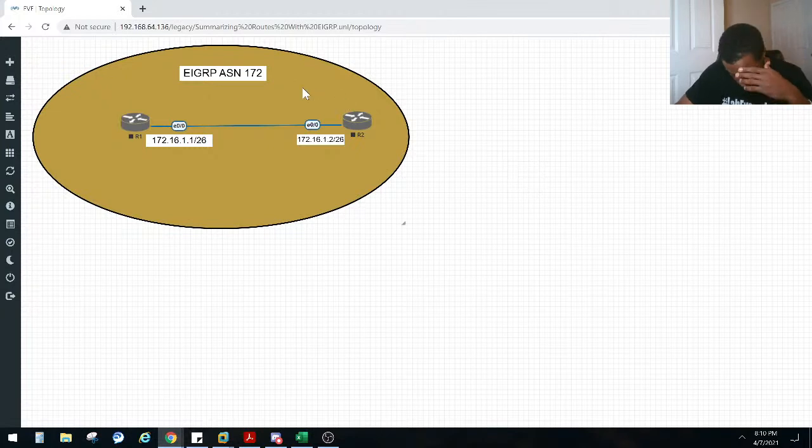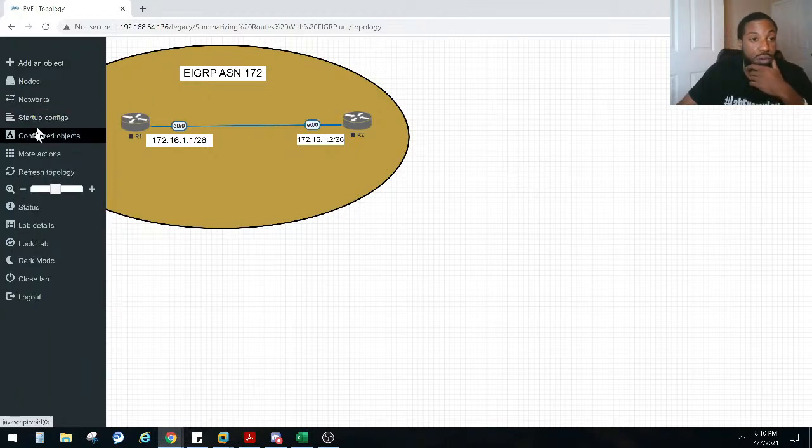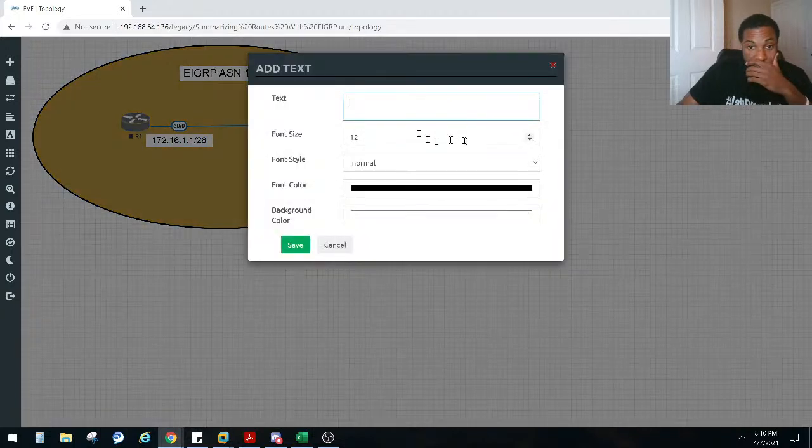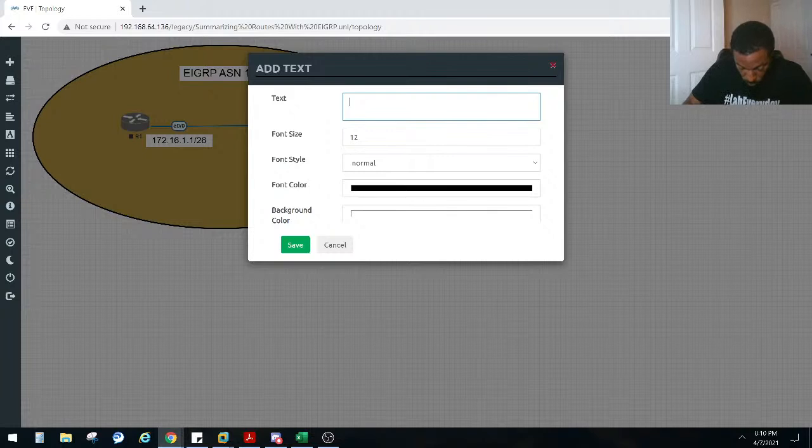Let me put the loopback interfaces so that way y'all can see those too. I'll go ahead and do that. That ain't really copyright infringement. So let's add some text in there. The interface is going to be loopback. I'll write it out. Loopback. Copy that. And then loopback and loopback. Right? He's going to be loopback 10, which is